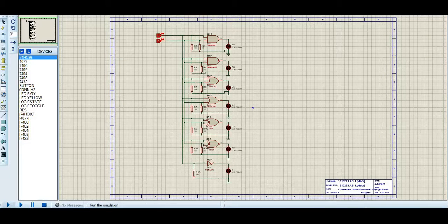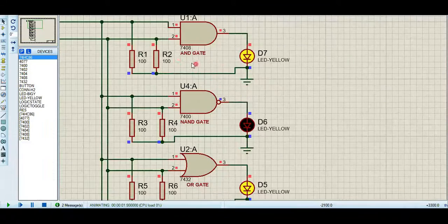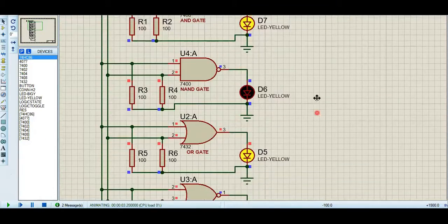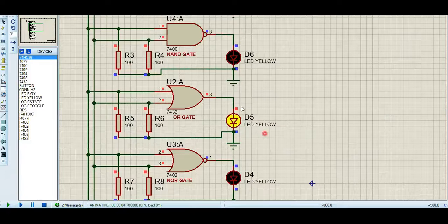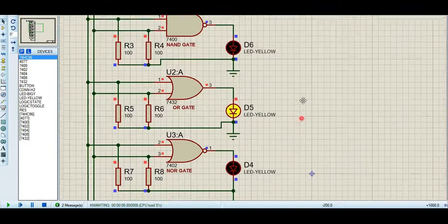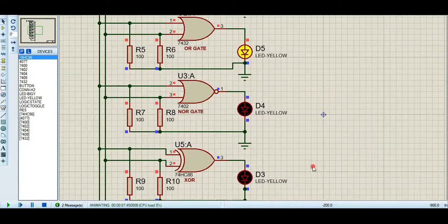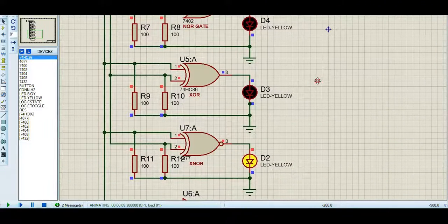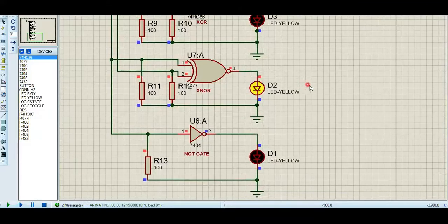Due to some technical issues, we are back. We saw these inputs, and when we apply them, how these gates will work. So if we look at these gates, when we apply the same inputs, as you can see,